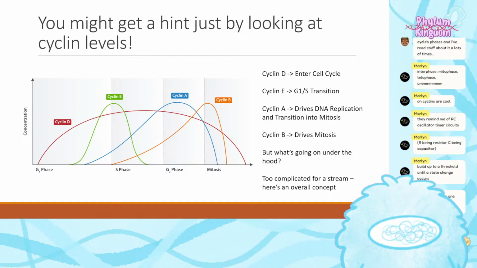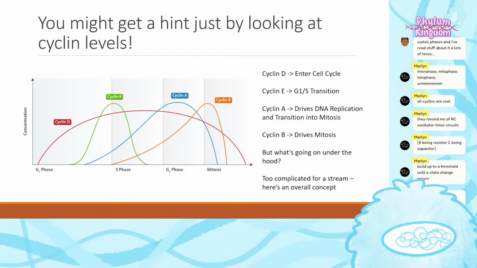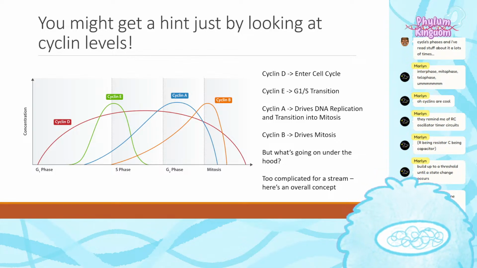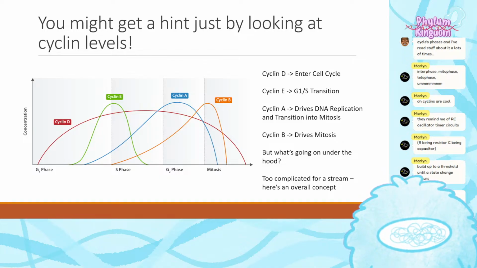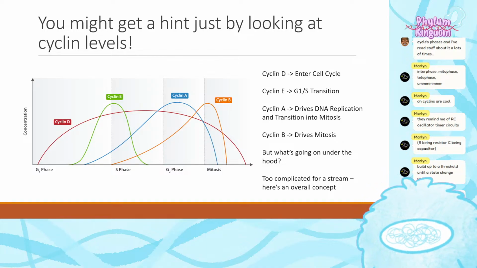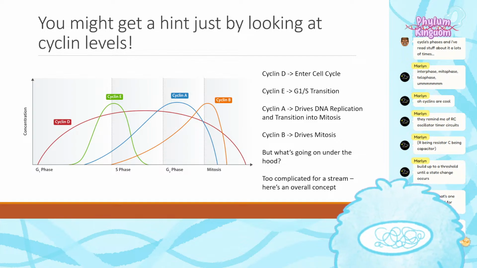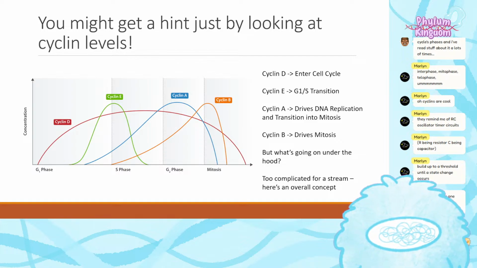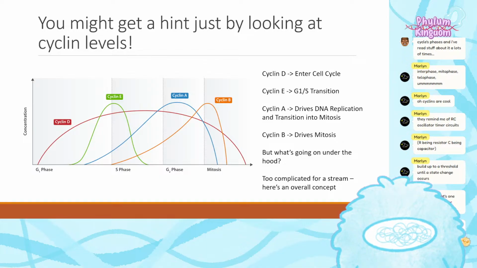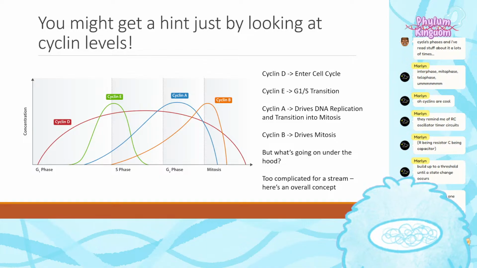And you might actually get a hint just by looking at these. I ruined it. I was going to have chat answer this, but you can kind of tell. I mean, it's actually still not entirely clear. So here is the concentration of these different cyclins mapped to their timing in the cell cycle process. If you know the answer here, then keep your answer to yourself. I want the non-biologist to just look at this depiction of data and guess what is the signal to actually move from cell cycle step to cell cycle step.